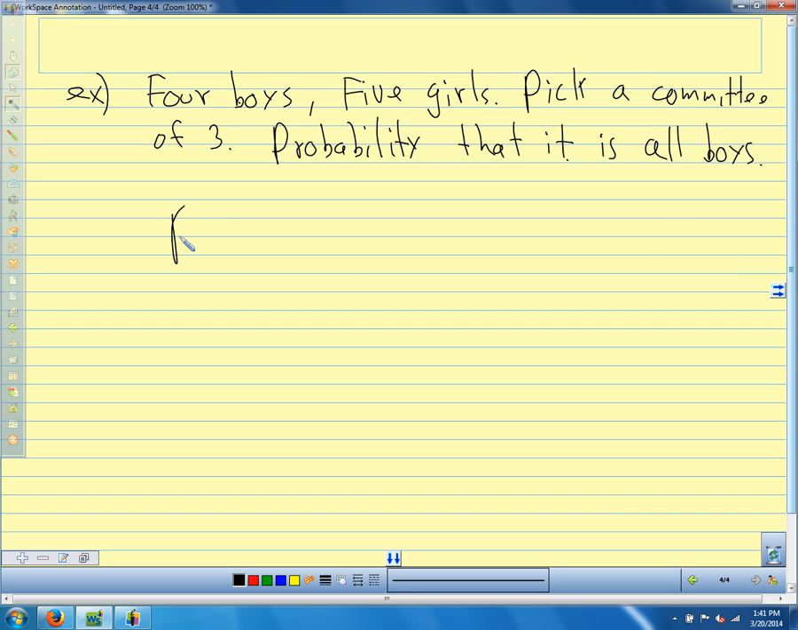So I'm going to say probability of boys equals, well, let's calculate our total number of possibilities. How are we going to find our total number of possibilities here? 9 choose 3. It's all the possible ways that we could have 3 people out of these 9. We have 9 people, and we're making a committee of 3. So the total number of possibilities is